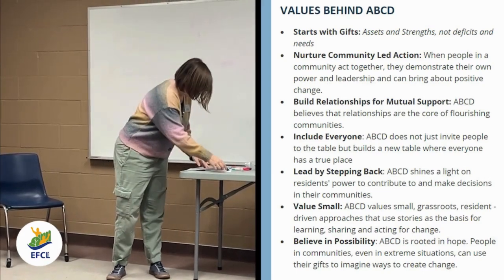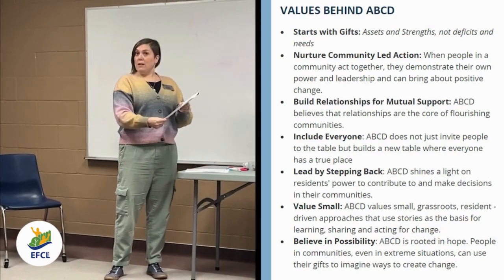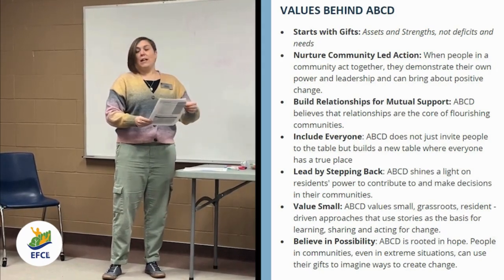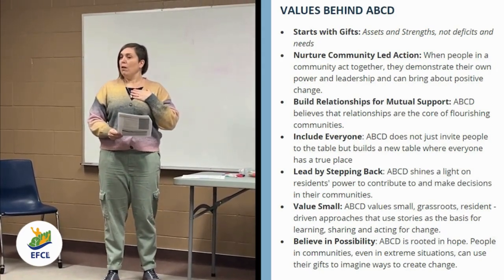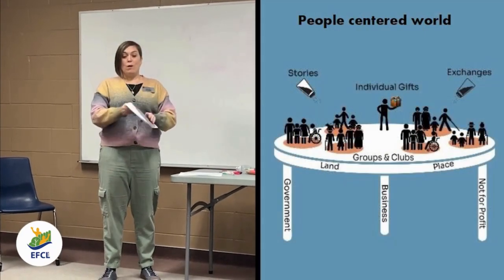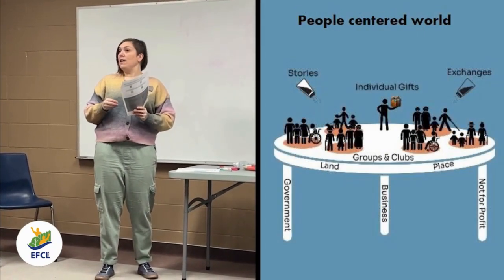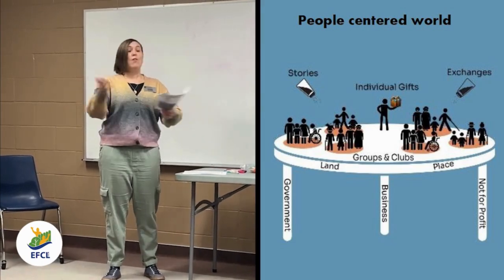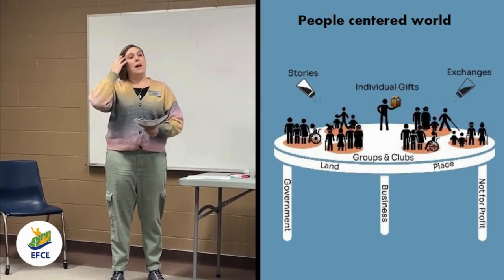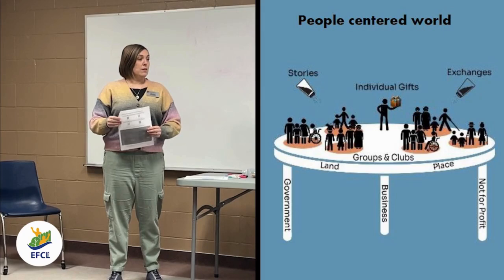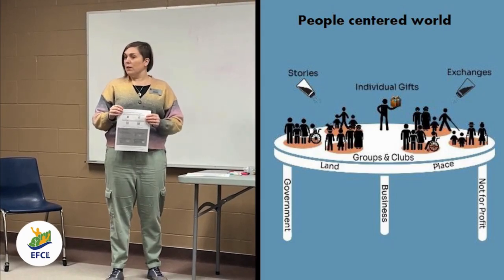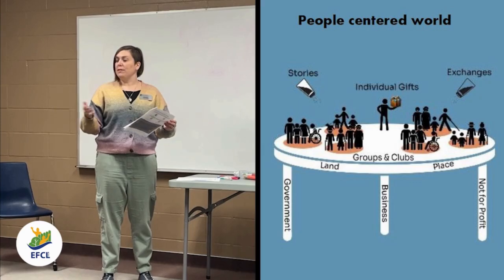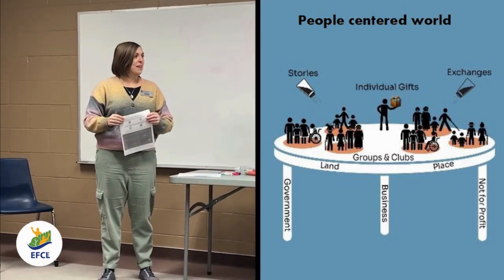There's more in this handout that you can look at. I'm not going to go into the whole thing. But I think even like the EFCL, our role is we're one of the legs of the table. Like, we're not here to do things for you, we're here to prop up the things that you have all of the capacity to do yourself. And I think that goes for all organizations and, you know, bodies of government as well, that if we work together, all the amazing cool stuff can happen on the top of the table.